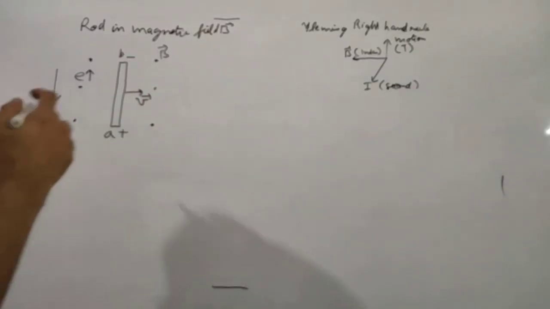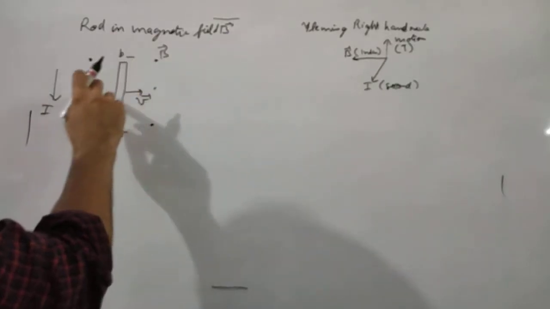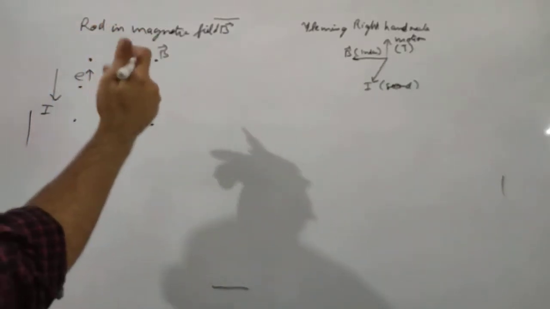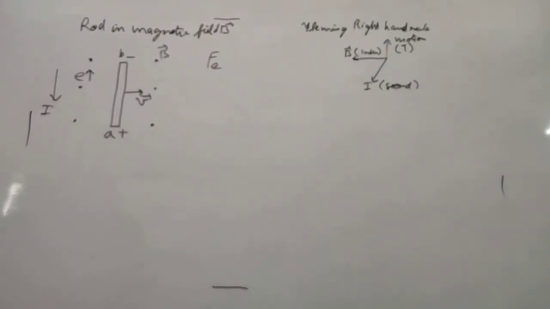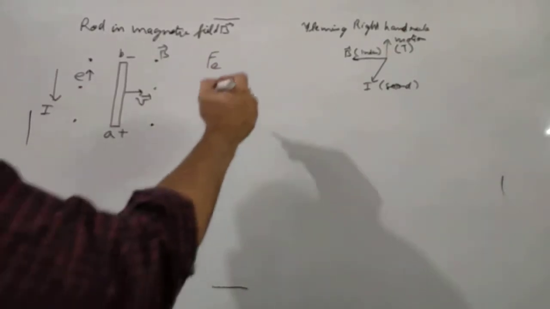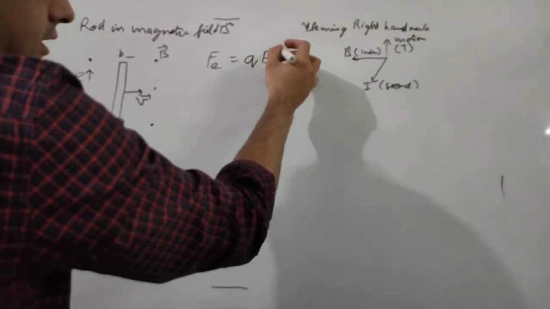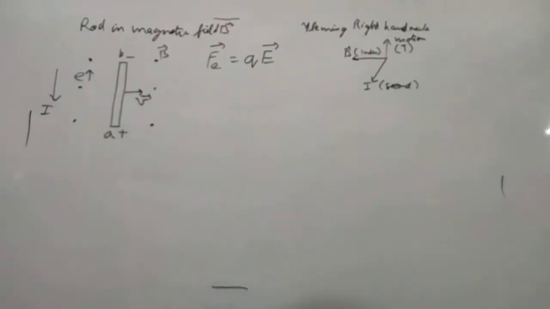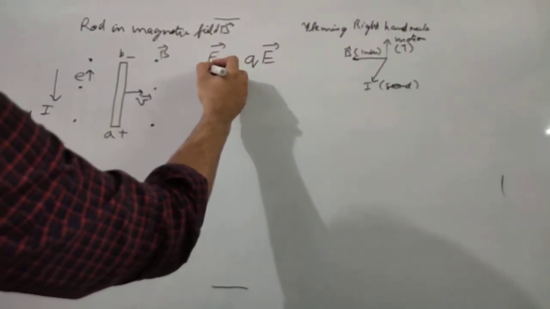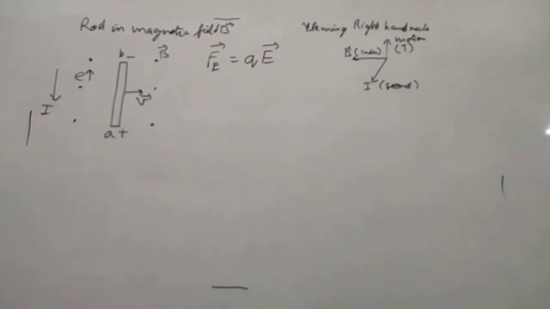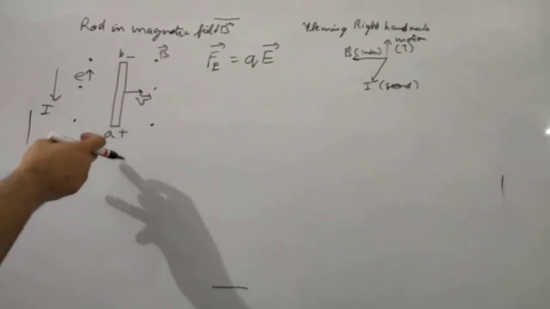So when the electric field is set up, the charged particles, let us say charge is Q, will experience a force Fe, the electric force, and we know that it is given by the formula QE. Force due to electric field is equal to QE. Now this force will be applied on the charge that is traveling.